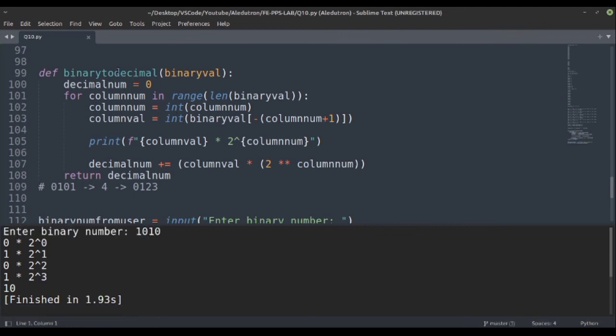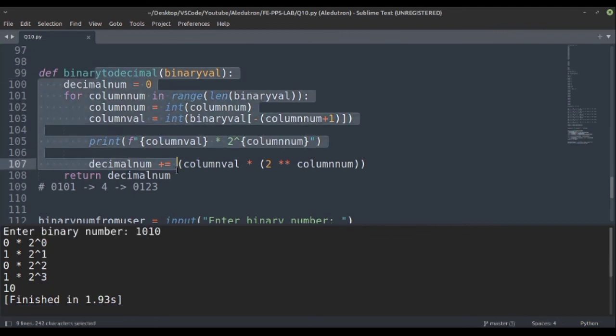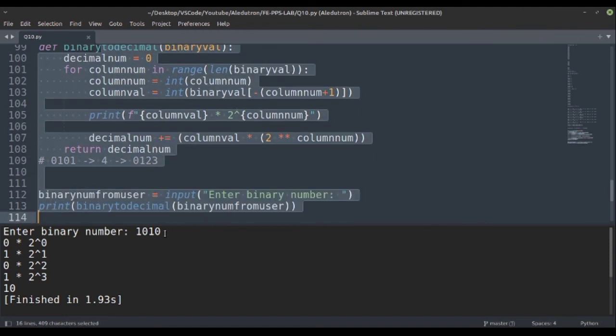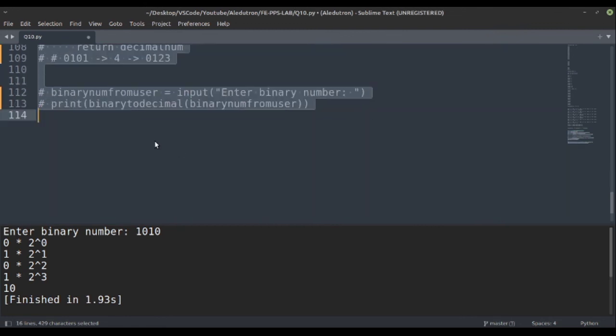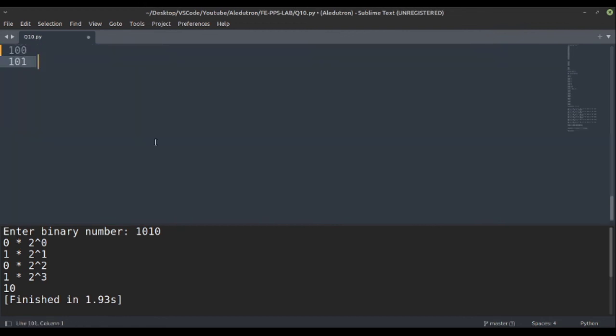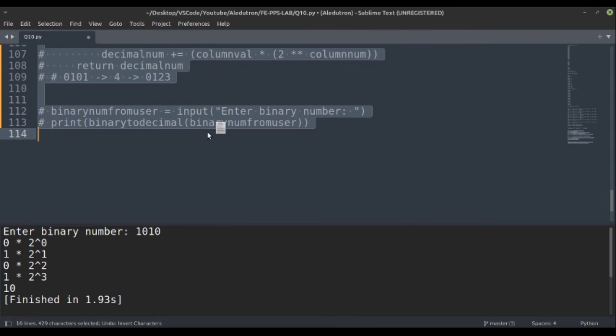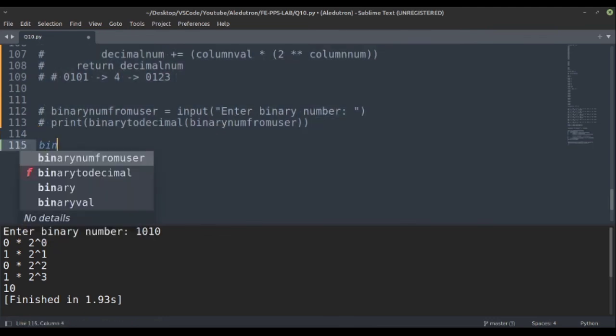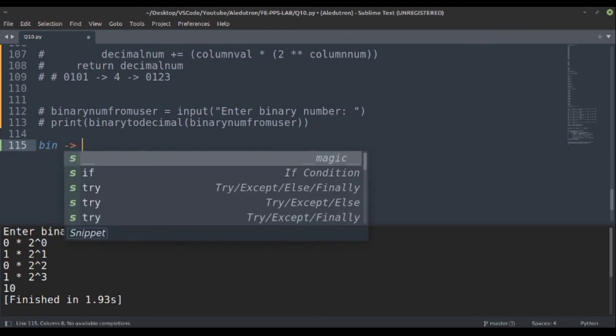So now as we have created our own manual function for converting a binary number into decimal, let's see an inbuilt function from Python which does the same thing. So there is an inbuilt function to do the same. We are basically converting binary into decimal.